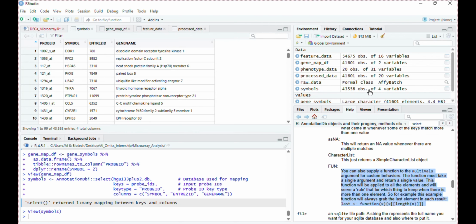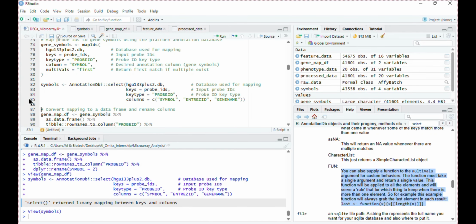We originally have more than 41,000 probes. But with the select function, we get 43,000 rows. That's because some probes map to more than one gene. For a small data set, you might still get a one-to-one mapping. But for bigger ones, it quickly becomes hard to manage. And it turns out to be more complex when you query multiple columns at once. So to keep things cleaner and more consistent when dealing with a large probe set, it's usually better to stick